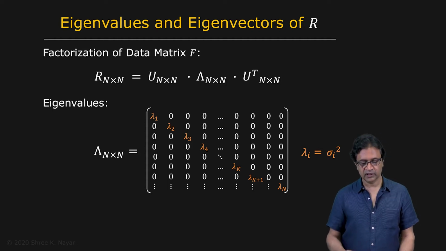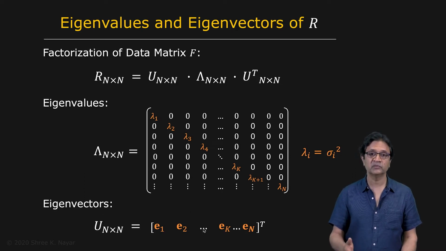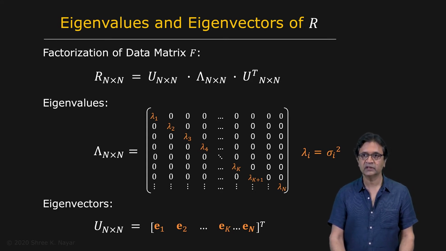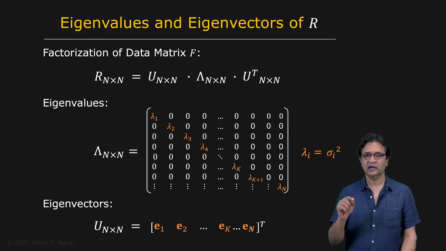Furthermore, if you look at the matrix U, U is constructed of all the eigenvectors corresponding to the eigenvalues right here. And the eigenvectors, as you know, are the principal components that we are looking for. We can have n eigenvectors and n eigenvalues here. We may choose to use fewer of them, and that's our plan, but indeed we can have n eigenvectors in here. So that's the relationship between PCA and SVD.